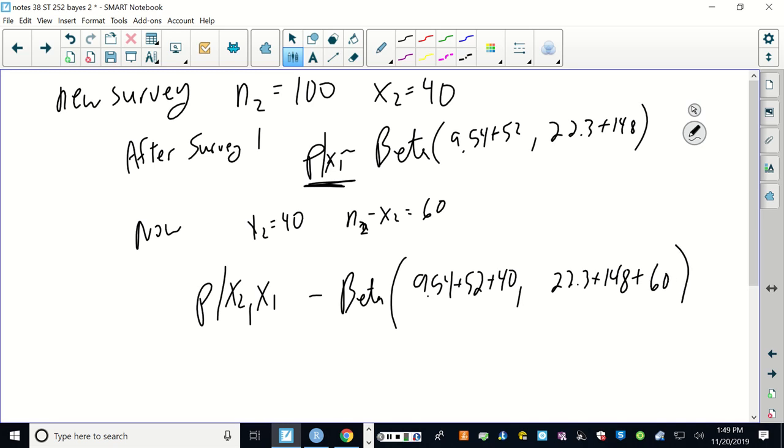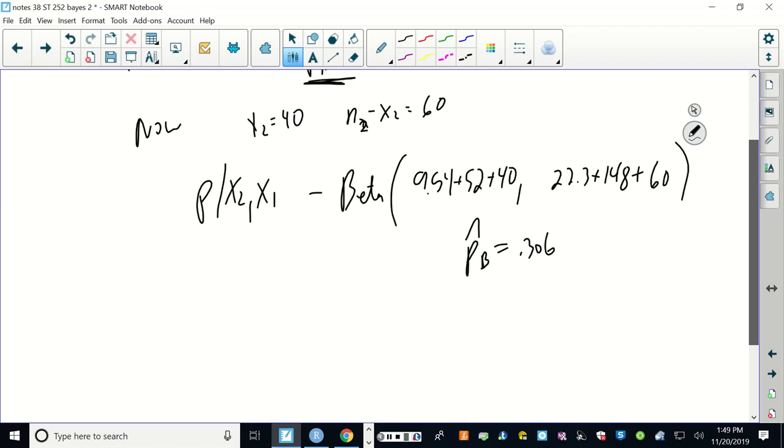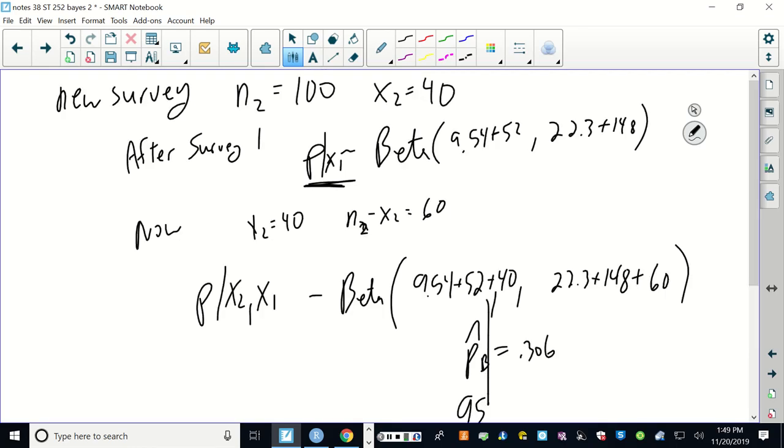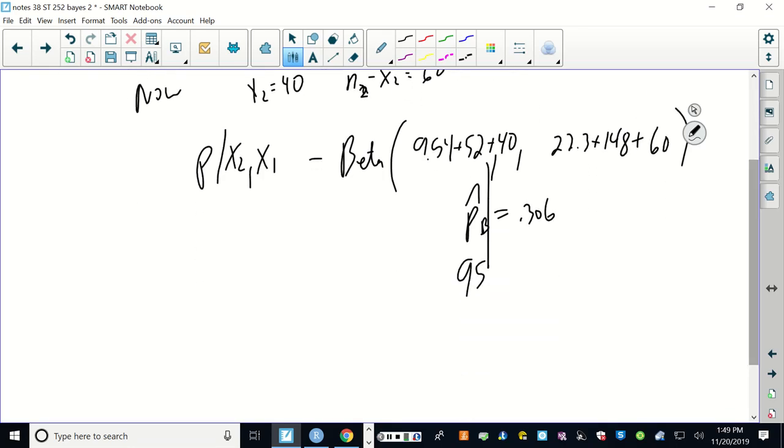And we'll get a new prior. In this case, the posterior mean of this one is closer to what we a priori had thought, because I made up the numbers. There you go. And the 95% posterior interval, B for Bayes, 95% posterior interval